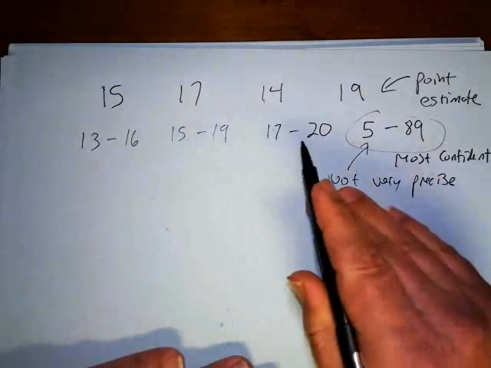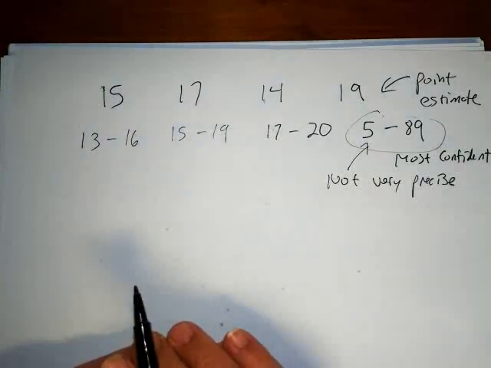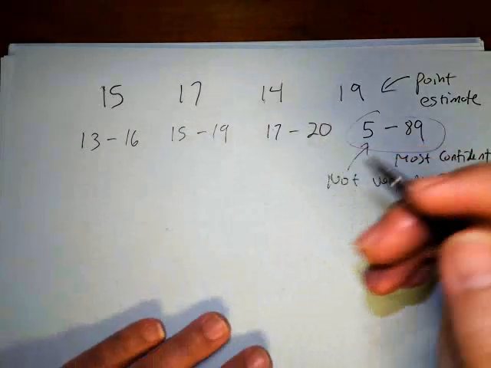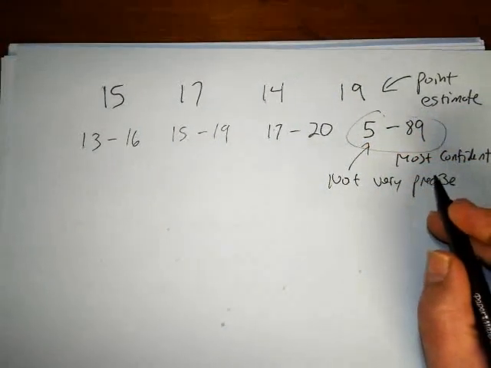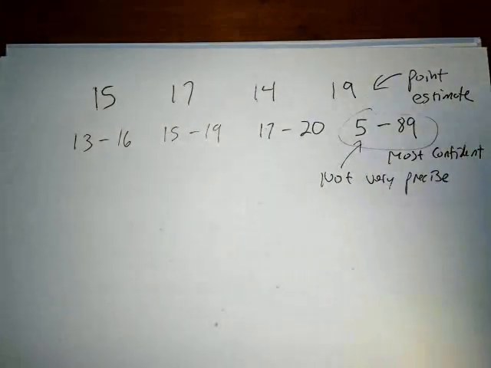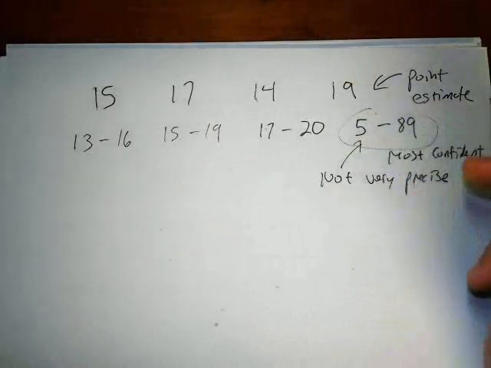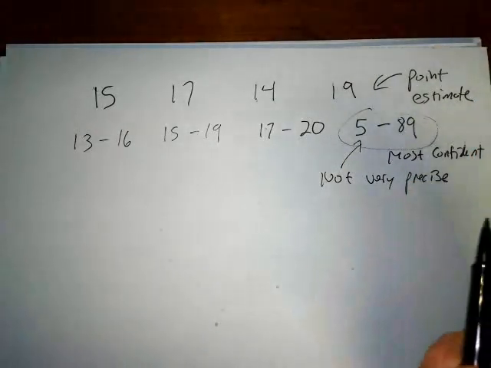The smaller the interval, the more precise the estimate, the better the estimate, okay? So there's two desirable things that we want in an estimate, okay? We want confidence. We want to have a high level of confidence that our estimate is going to be correct, okay? But we also want it to be very precise